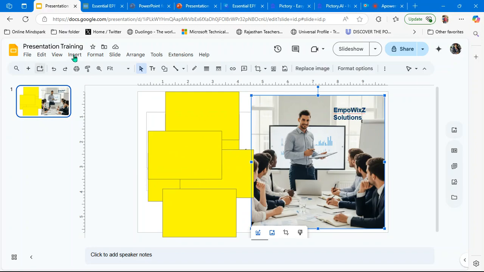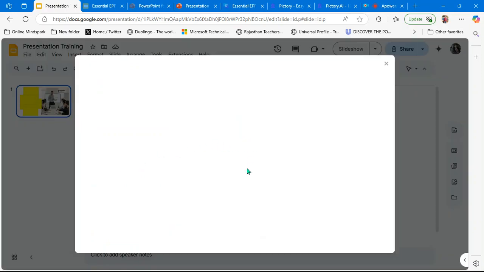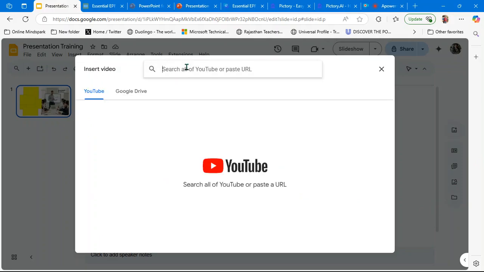Okay. Another. Let's go to the insert tab again. Building blocks, diagram. You can create table, chart, word art. You can add the video link. Okay. So here is the option available for us, so we need to check it out. So insert the video from YouTube. So here I want to add Excel